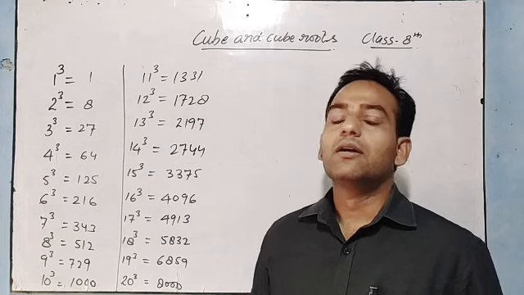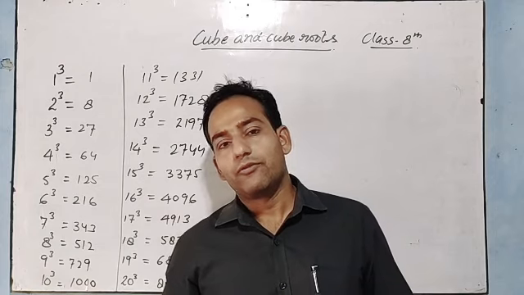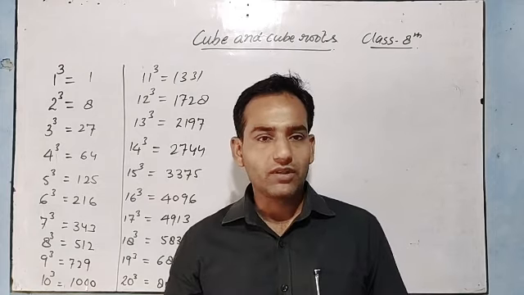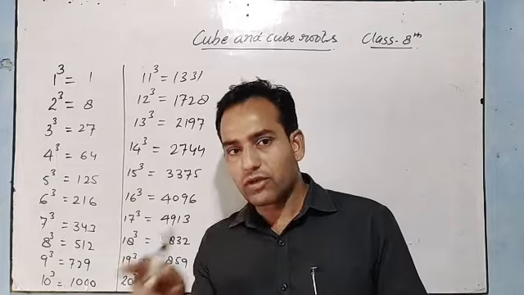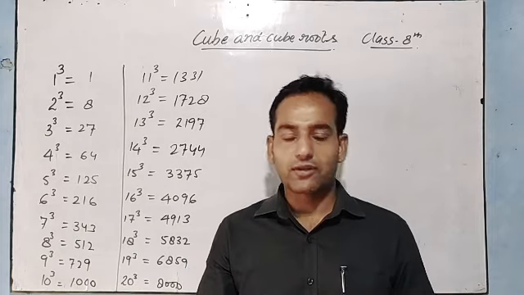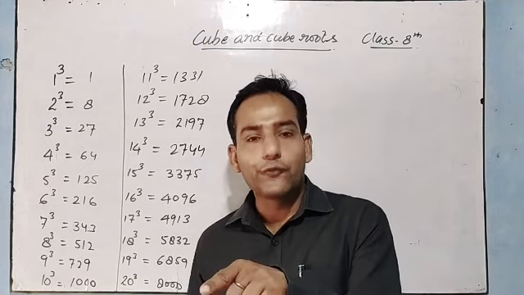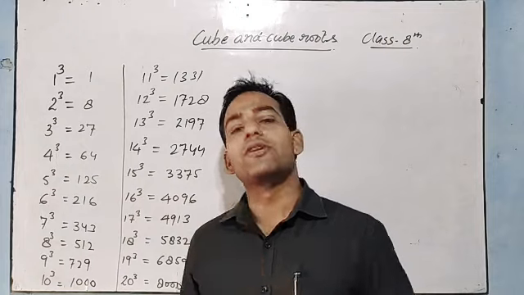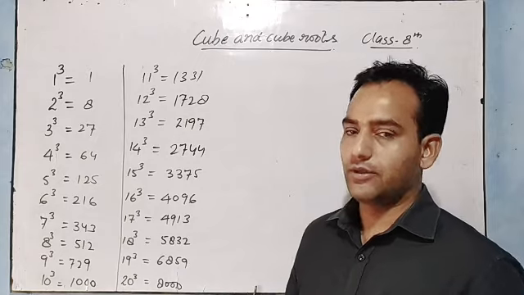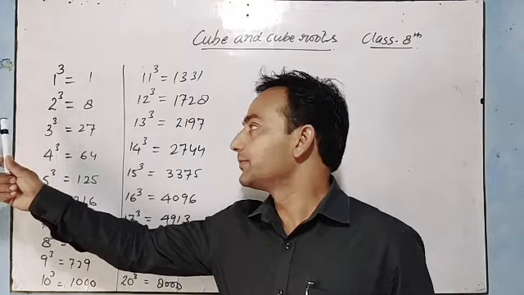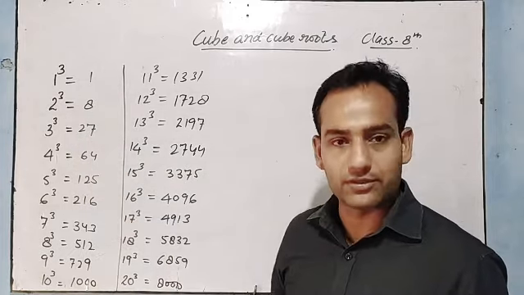So once again, the way I told you in square and square roots, while doing the square of any number, we were getting some sequence. Like if we were doing the square of 1, we were getting 1. If we are doing the square of 11, we were getting the unit digit 1, 121. Again, the square of 31, we must be getting the unit digit 1. Like the square of 2, we were getting 4 as the unit digit. Square of 12, once again the unit digit was 4. Just like square of the number, we have something for the cubes of the number also. Listen, 1 cube 1, 2 cube 8, 3 cube 27, something like that I have written, okay, up to 20.